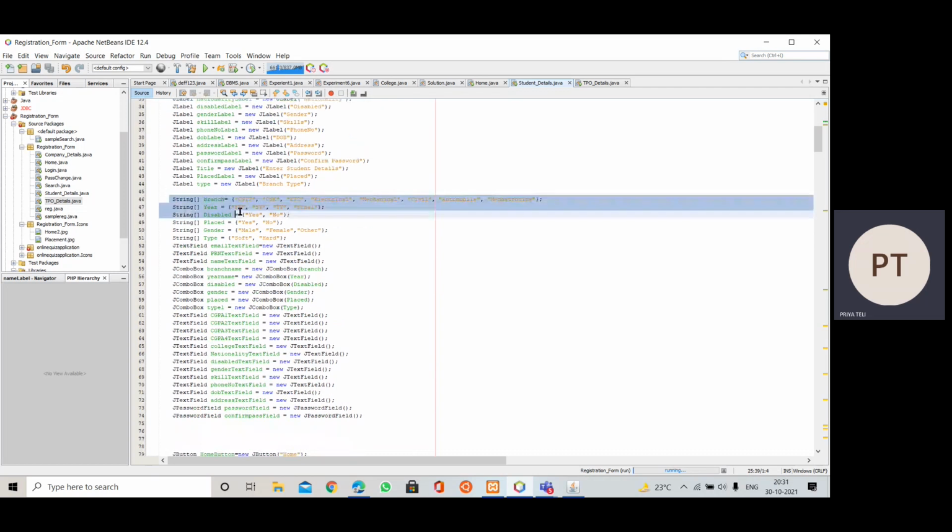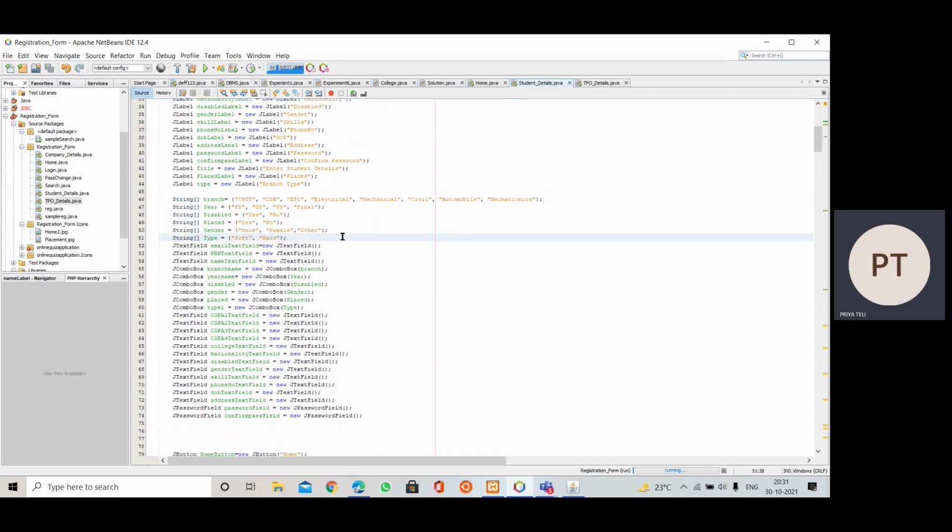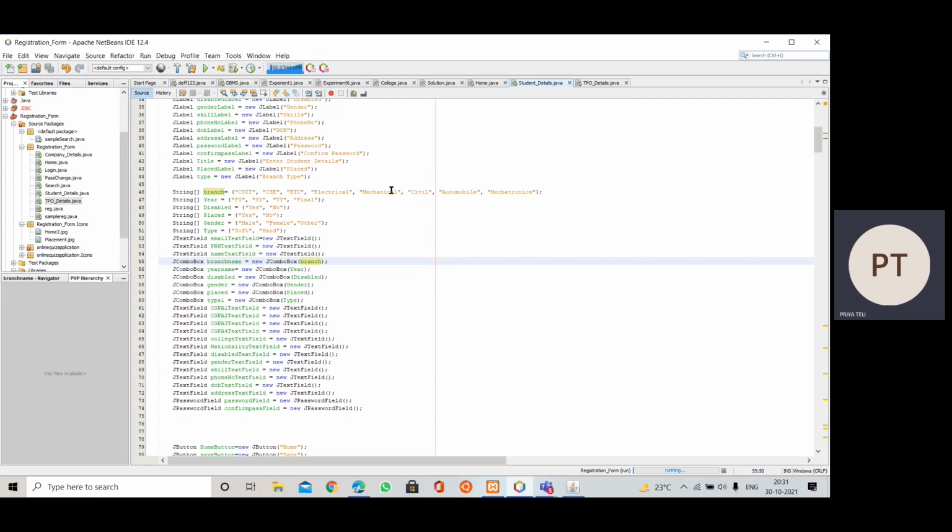Then we have this string array, which we pass as an argument to the JComboBox. Whatever values are mentioned in this array will be provided as options for the JComboBox, out of which anyone can be selected. You can see it here.